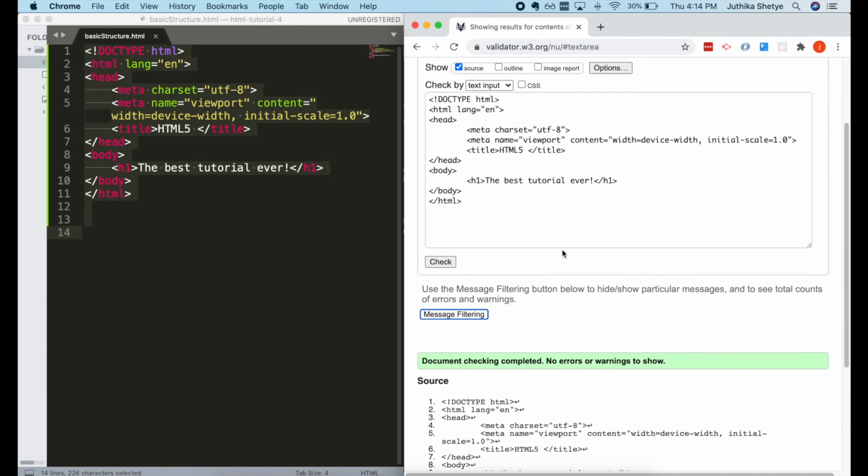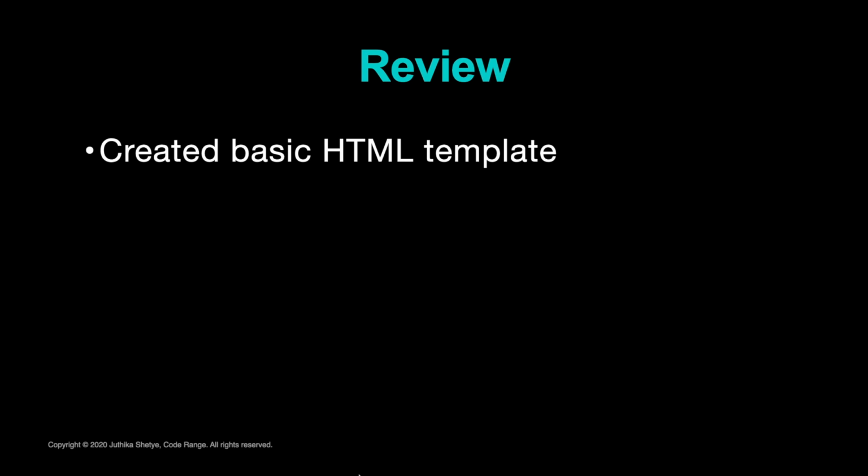So that was all for today's class. I know it was a lot to take in, but I assure you, once you start coding, all this will become second nature to you. Now let's just quickly review what we learned. Today we learned how to create a basic HTML template on our text editors. We also learned how it's really important to follow the DOM structure if we want a well-formed page, and by that we mean putting all the elements in their appropriate places and using start and end tags.